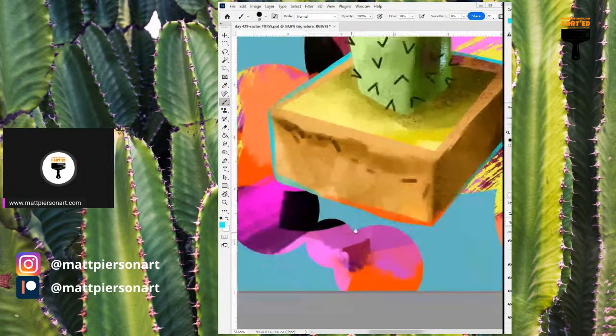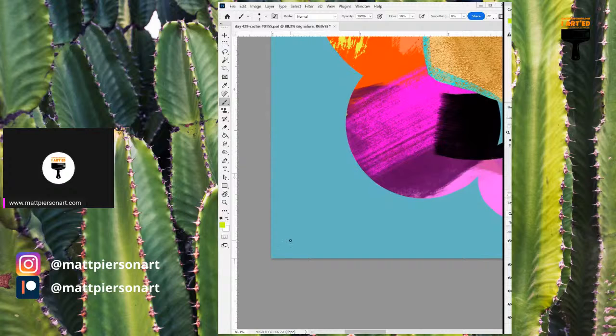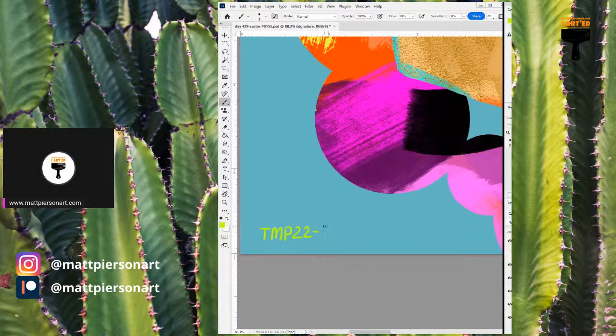So let's go over here. I'm going to sign it on the bottom left. Maybe I can use yellow. What if I use pink? No, I want to use yellow. No, let's use this green. Let's do a green. And we're gonna go ahead and do TMP 22, and it is number 155